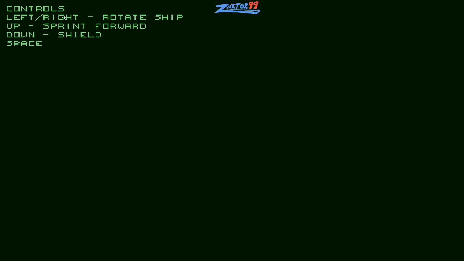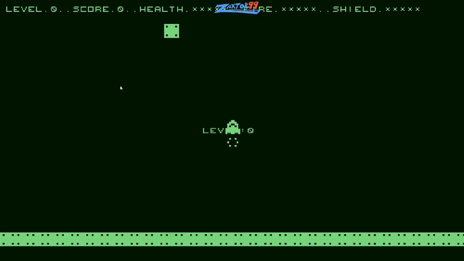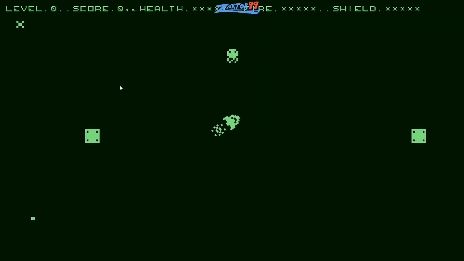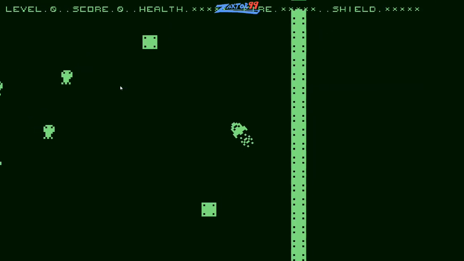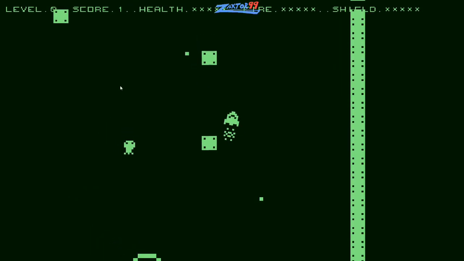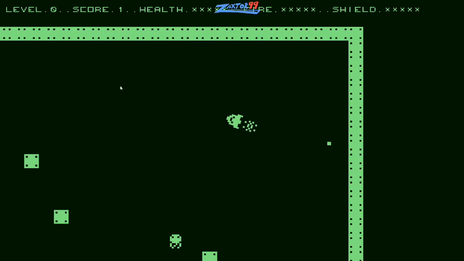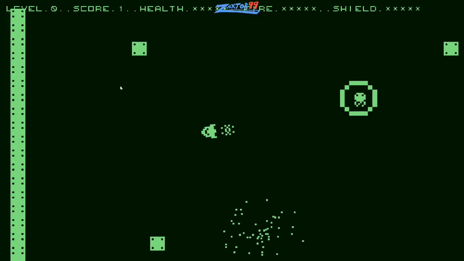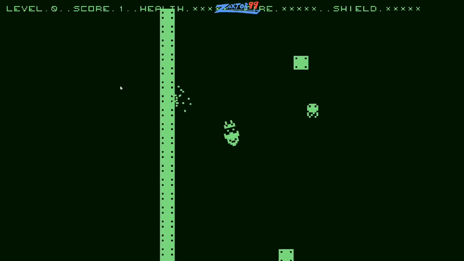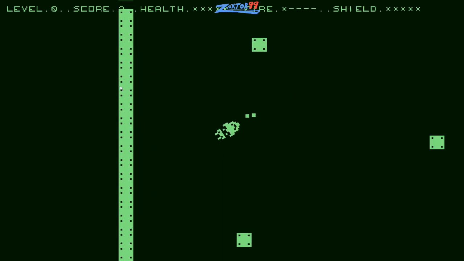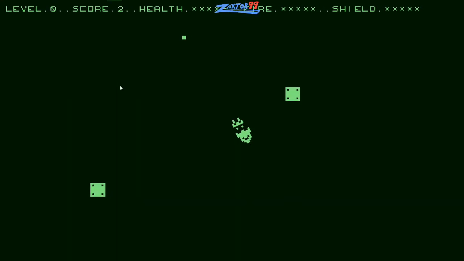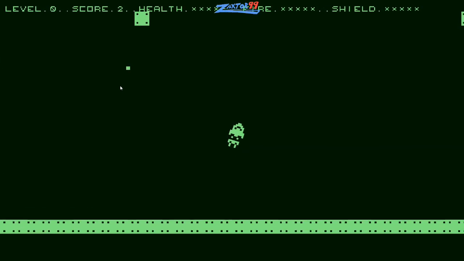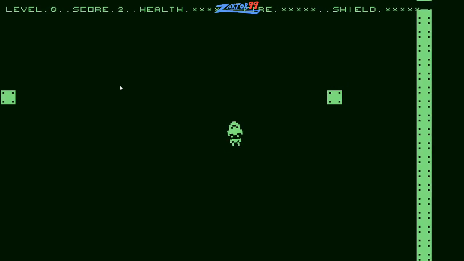the problem with this game, guys, is in the controls, it just shows you how to rotate with left and right arrow, up to sprint forward, space to shoot, and that's pretty much it. So my problem with the game is it doesn't allow you to use WASD, and I talked about this yesterday. I just think this would be a lot easier. There's a lot of WASD gamers out there that are used to the WASD keys, and I find it unfortunate. The rotation is also really slow on this ship. Look how slow you rotate. So the rotation could be a little bit faster. I think they should have a power-up that would give you a faster rotation. Something would be nice.